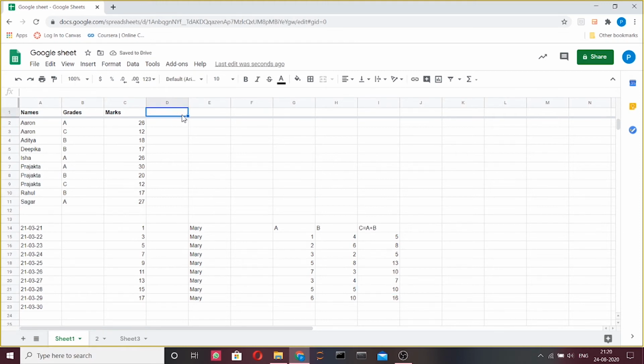The next application that we look into is data validation. Data validation is used to create an in-cell drop-down list and facilitates the process of entering data if the list of data to be entered remains the same. To use this application, I am just going to create an additional column.